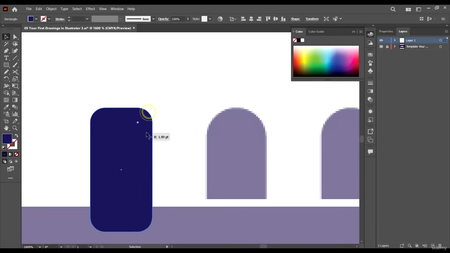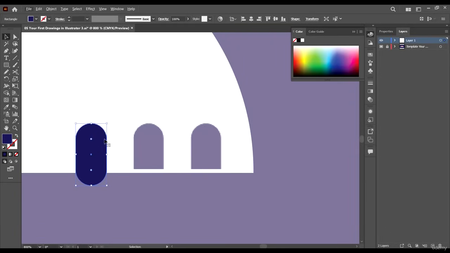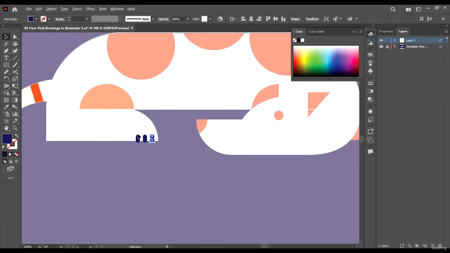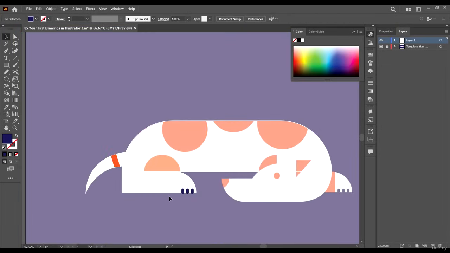Then make the anchor points rounded, or make the edges rounded. While holding down Alt and Shift, drag the shape to create these extra ones. And yeah, this will suffice.